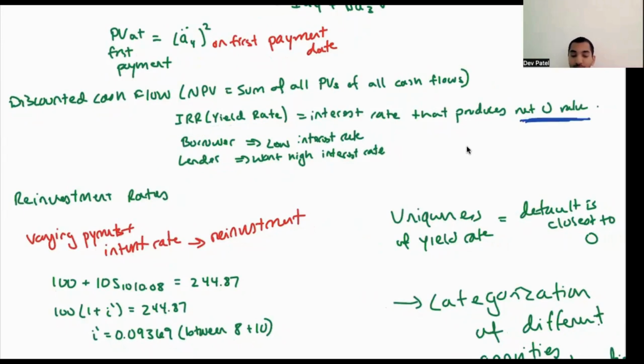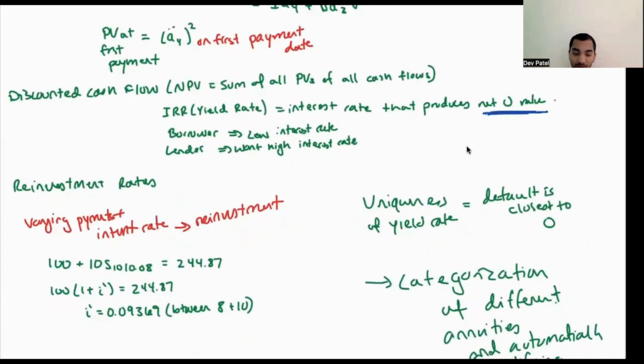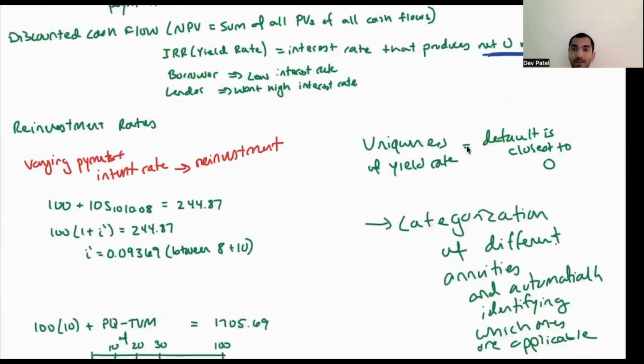Again, just some basic principles. To borrow, obviously you want to have a lower interest rate. As a lender, you want to have a higher interest rate that the borrower pays. And then reinvestment rates. These are a common question that also comes up. Let's say